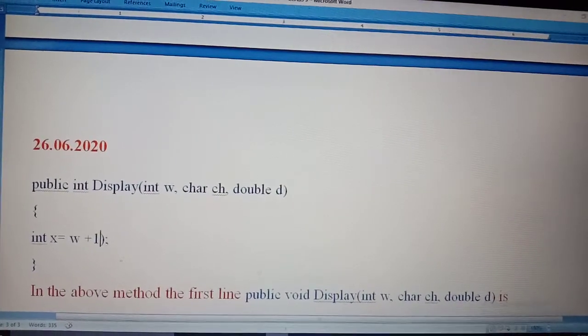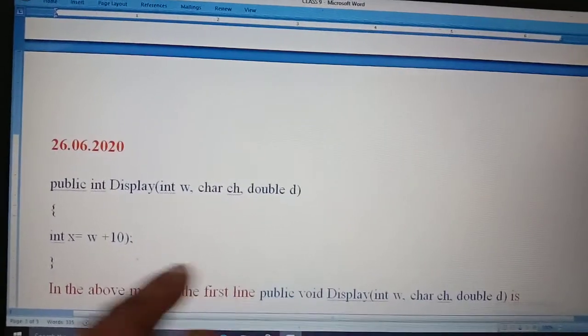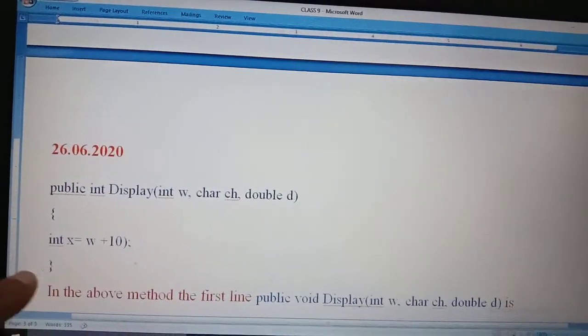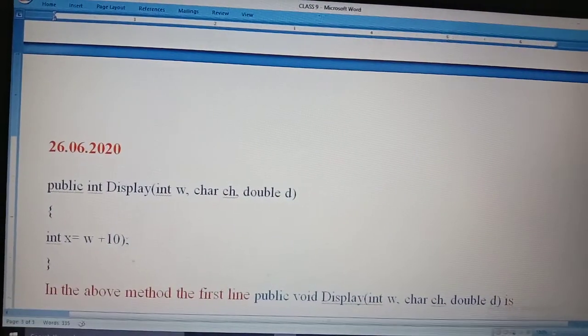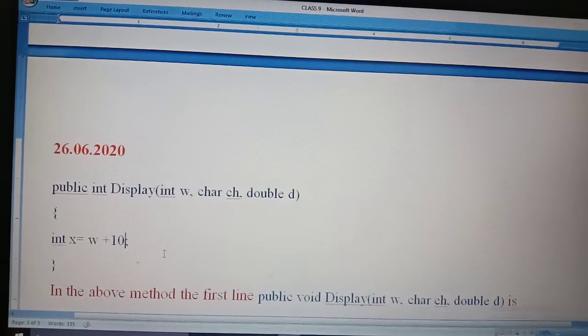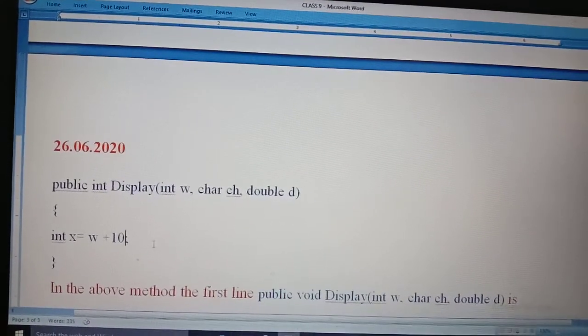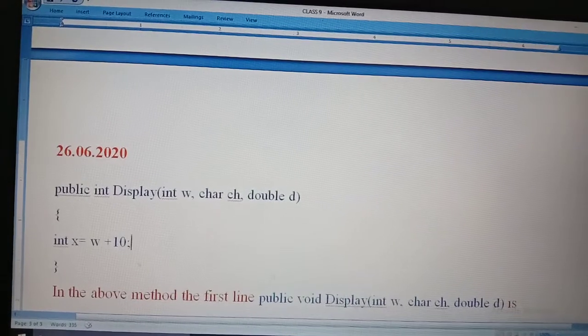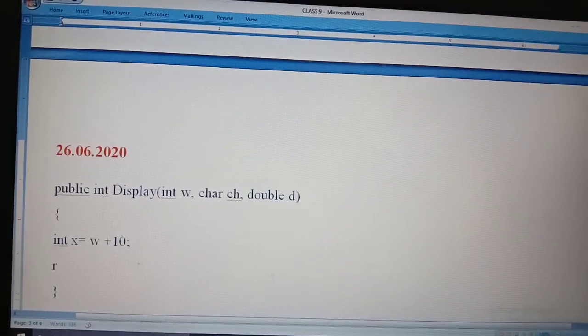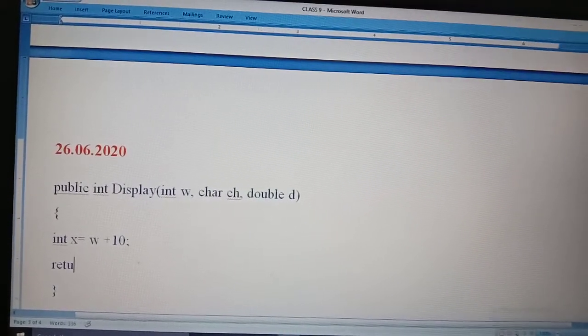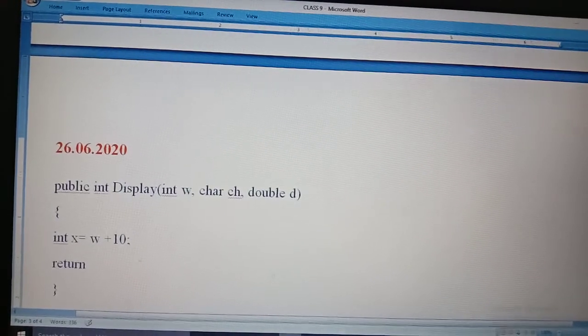So now we will input the value of w. After that 10 will be added to it. After that we can return it. So here we can return the data: return x.